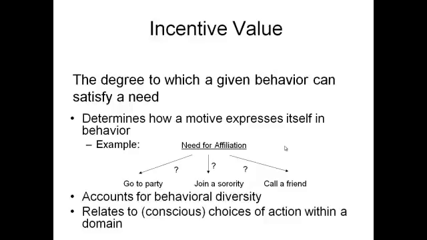However, we might choose one or the other. So in other words, different people choose different things, or the same person might choose different behaviors to satisfy the need at different times. So really, this just illustrates how you can have one specific need that actually points us to many, many different behaviors that would satisfy it.